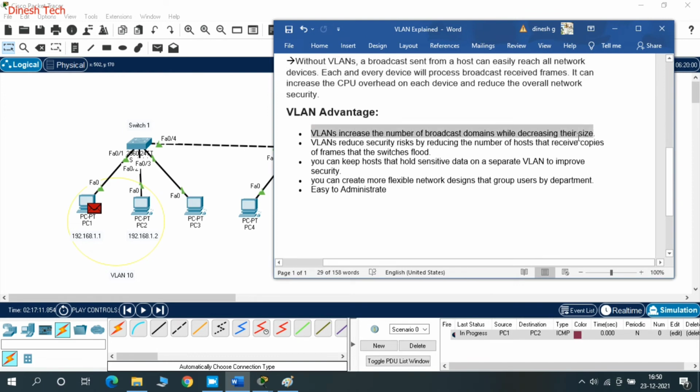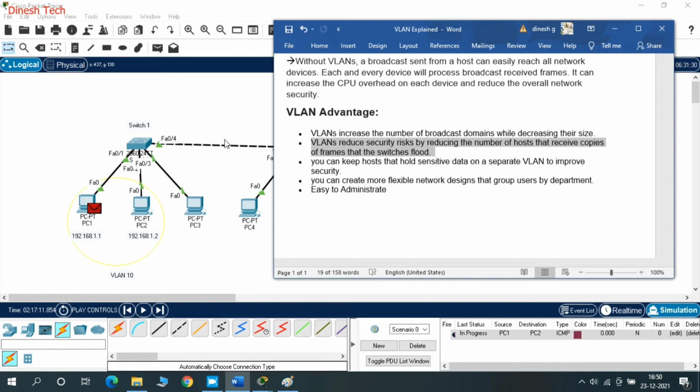Okay, we will see what the advantages of VLAN are. First, we can create multiple networks to reduce the default broadcast network. Second, VLAN reduces security risk by not sending ARP requests to all connected PCs. If we don't configure VLAN, the switch will broadcast ARP requests to all connected devices.